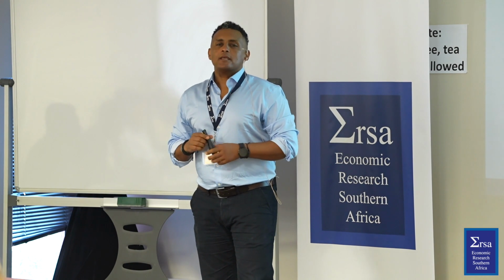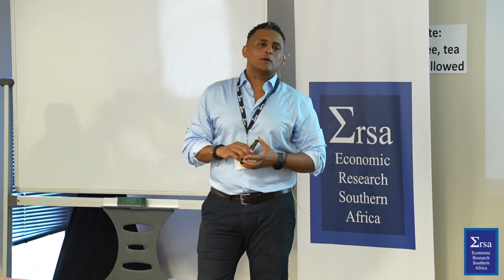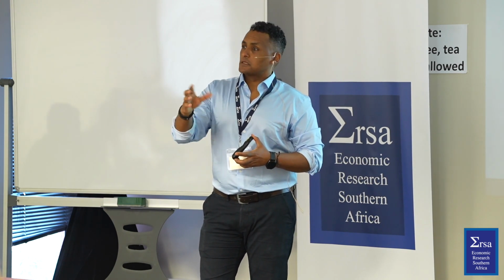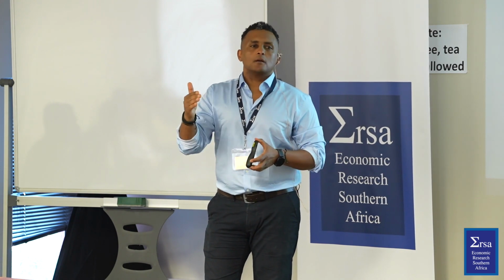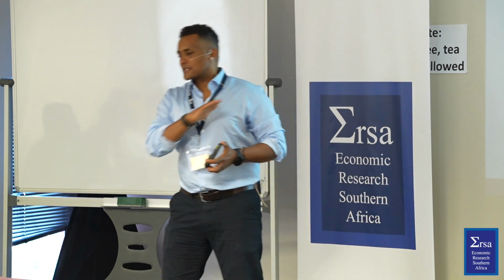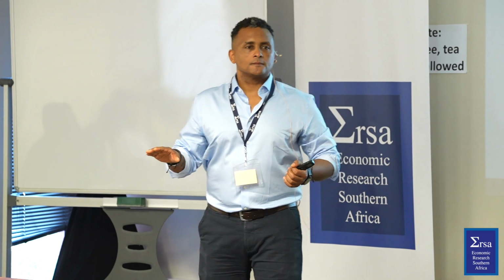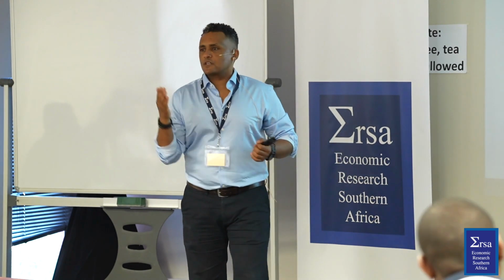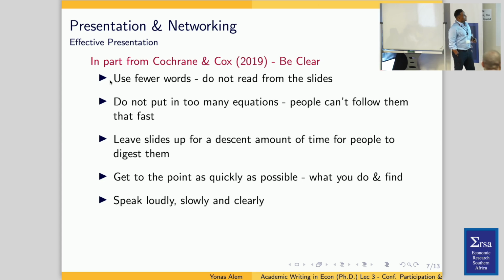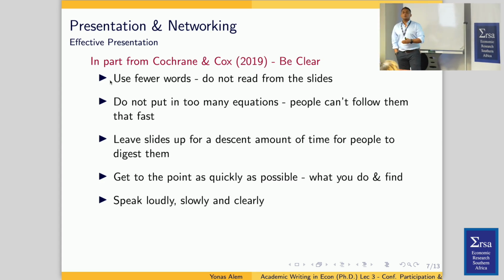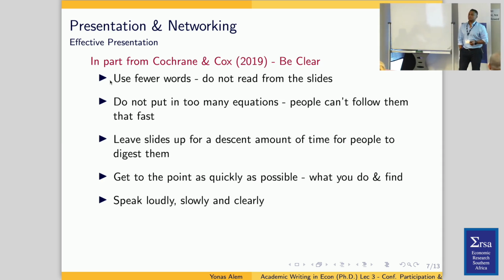In many cases, conference presentations, you are given maximum 20 minutes to present your paper. Then after 20 minutes, probably a discussant and discussion, 30 minutes. So we allocate 30 minutes per paper. That's it. If you wasted all your time talking about background information, you missed out on that conference. Because you're not going to get the input because the results are the most important part. Get to the point as quickly as possible, what you do and what you find. Start with your research question, why it is important, motivate it quickly, and then move on to how you do the research.